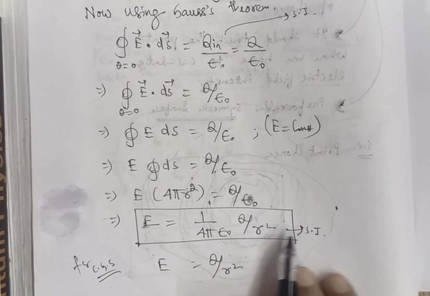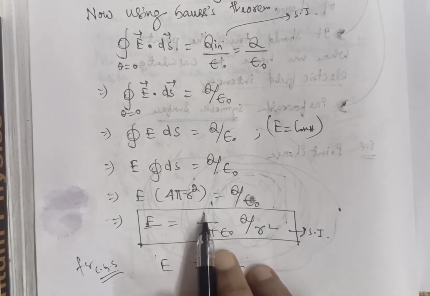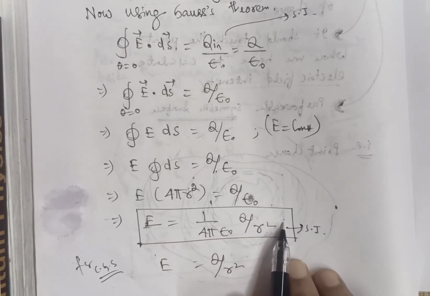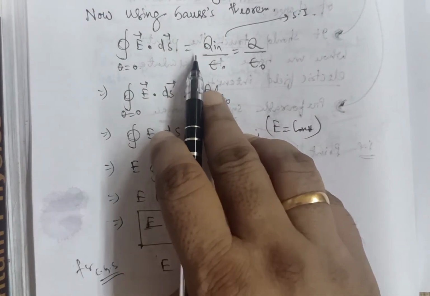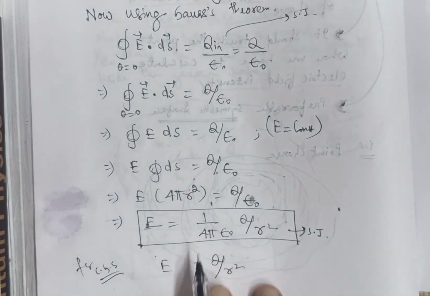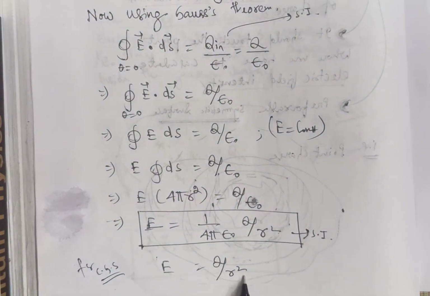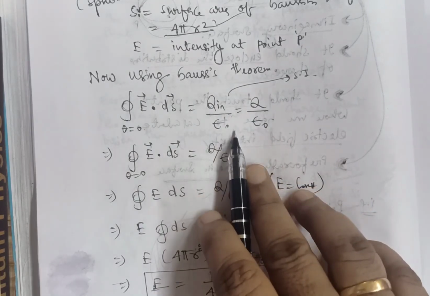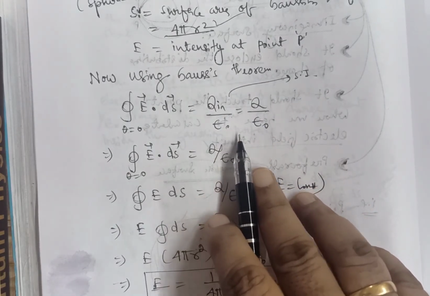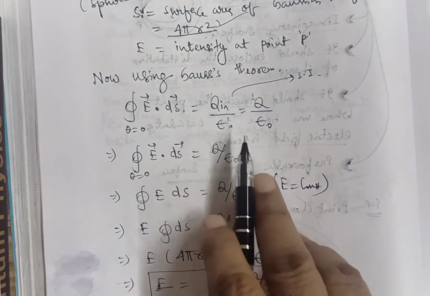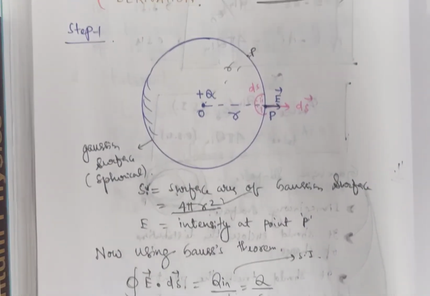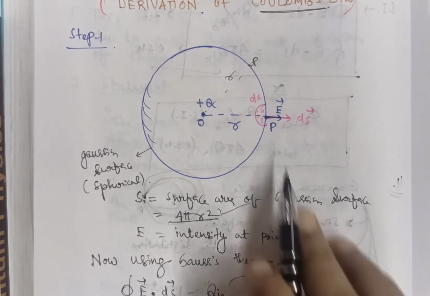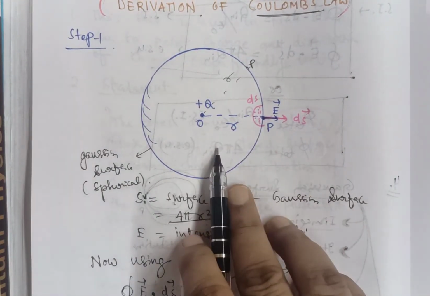That is in the SI system, it is adopted as E is equal to 1 by 4 pi epsilon 0 q by r square. If we use the CGS formula, 4 pi q, then the answer comes as q by r square. So you will use the SI system. That's why Gauss theorem in the SI system was taken as q by epsilon 0. In the CGS system it was taken as 4 pi q. But you are always using the SI system. So this is the first step. By using the Gauss theorem, we calculate the electric field at the point P.